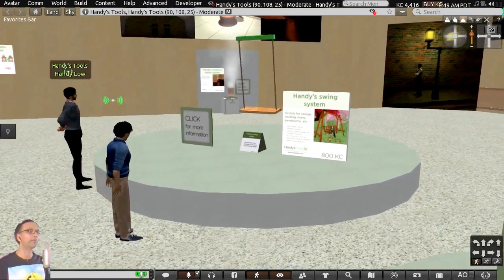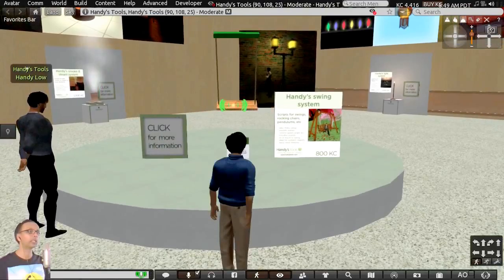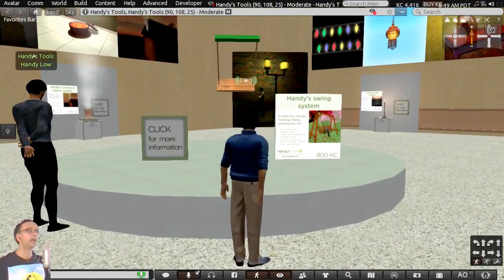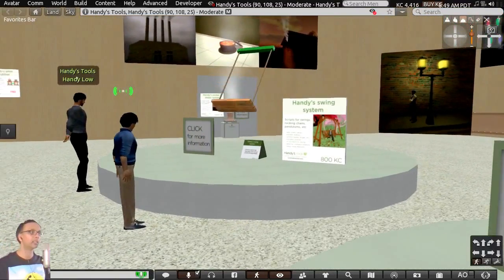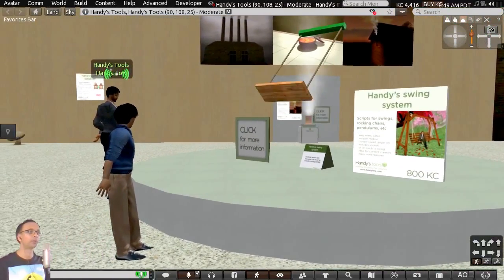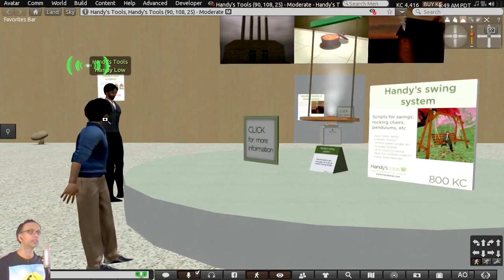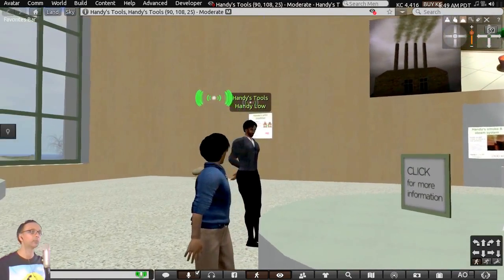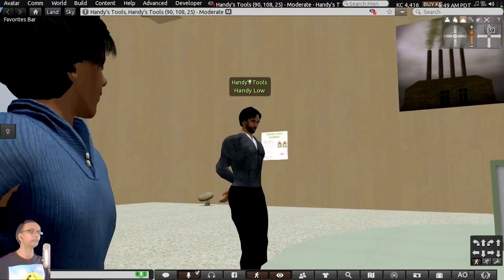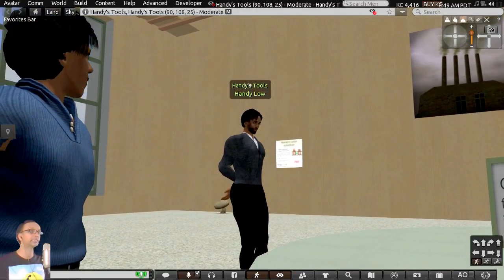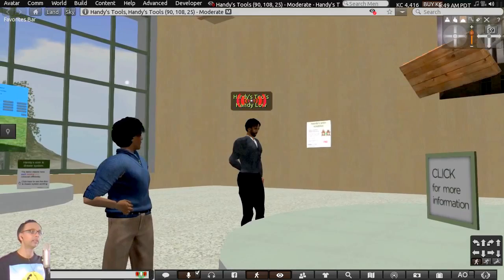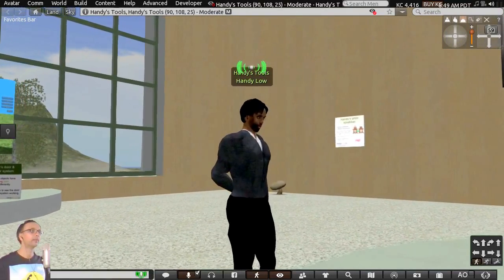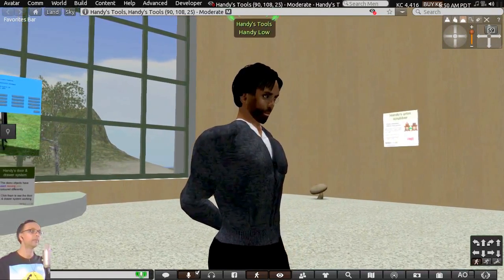So if I may ask, or if you want to share, it's up to you. When a builder uses these tools and then they sell a product, how does the economics work out? Do you get a share of everything that they sell, or how does that work? No, it's a one-off payment.